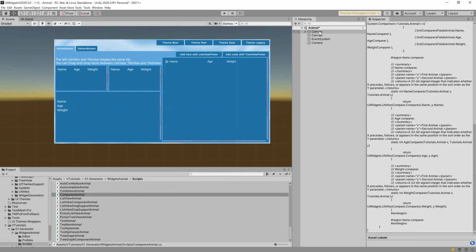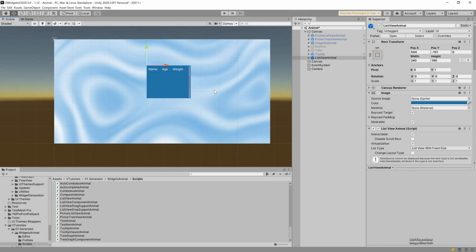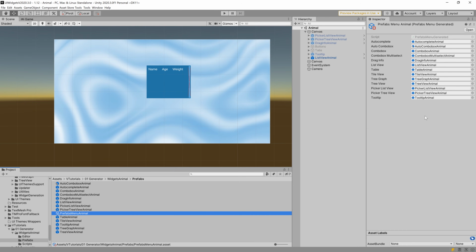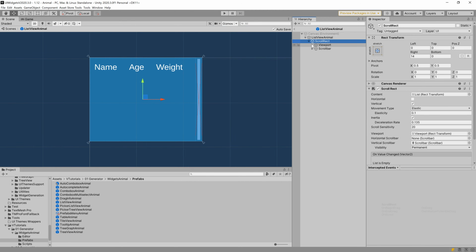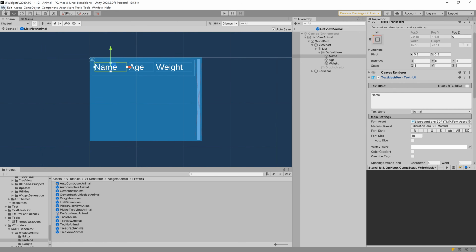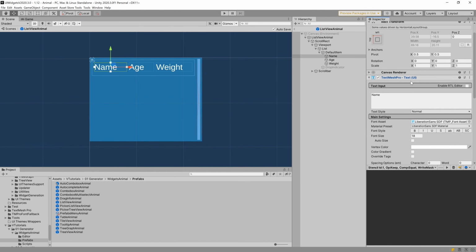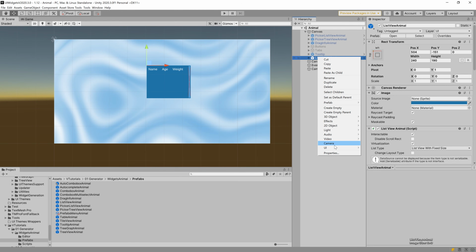Widgets can be added to the scene using the menu. Here are the widgets prefabs, you can freely modify them. This is a scriptable object for the menu with prefab references. By default, widgets use standard Unity text. But as you can see, TextMesh Pro support is enabled and add widgets using TextMesh Pro text and input field components.